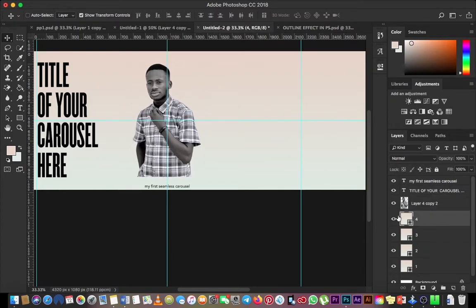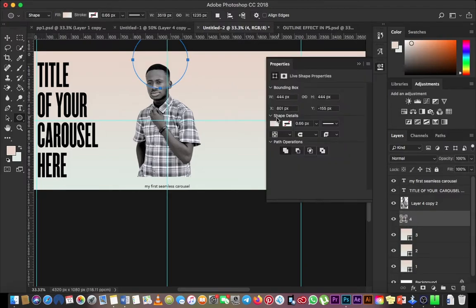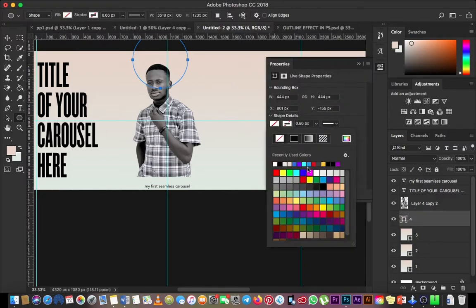Alright, so you can also add shapes like circles, colorful ones, and then some other irregular shapes outside Photoshop for more attractiveness. And don't forget to create a new layer while doing this.